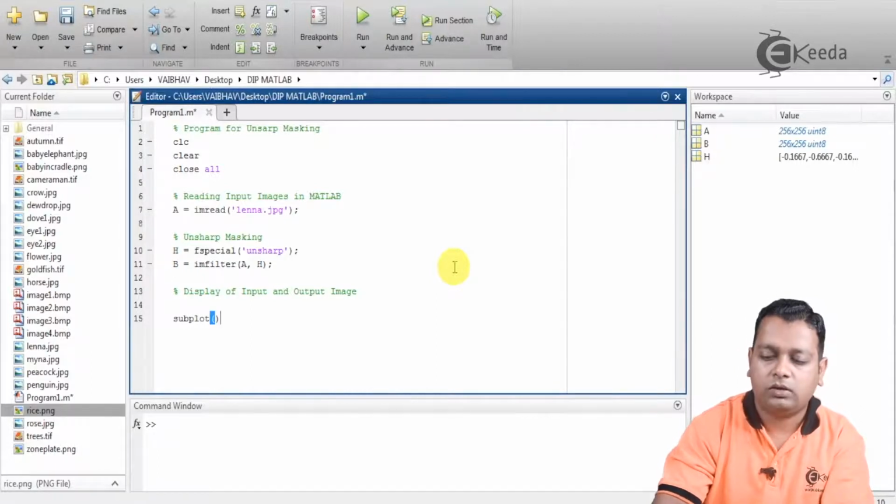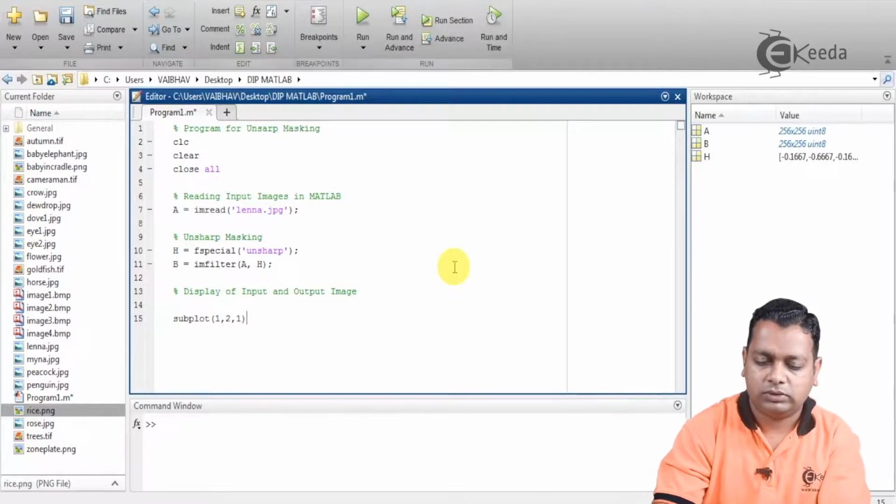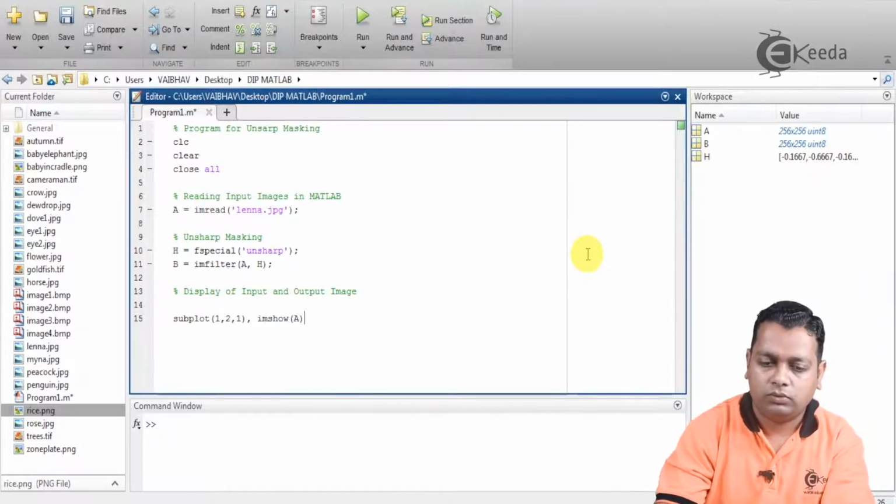Only two images we have, hence one row, two columns, and it will be the first cell. Here we can show the image A. Basically both A and B are of uint8 type, so there is no need to specify the data type again. And the title we can mention is original image.